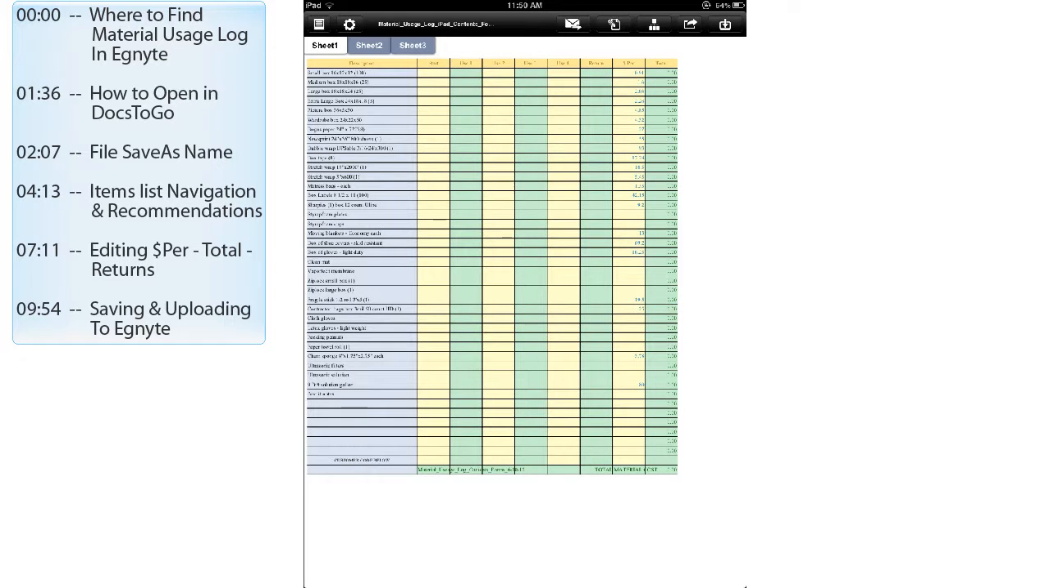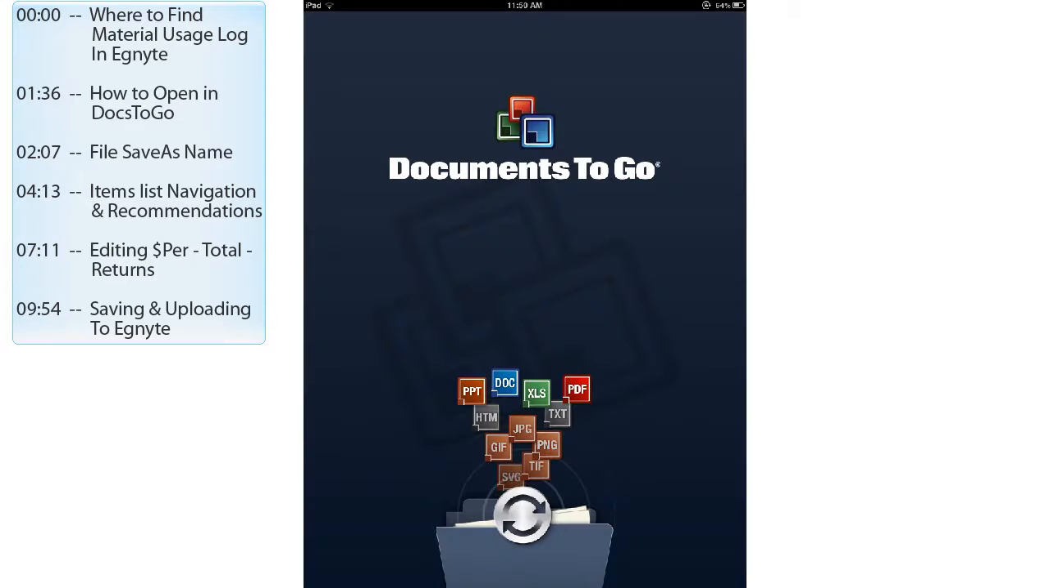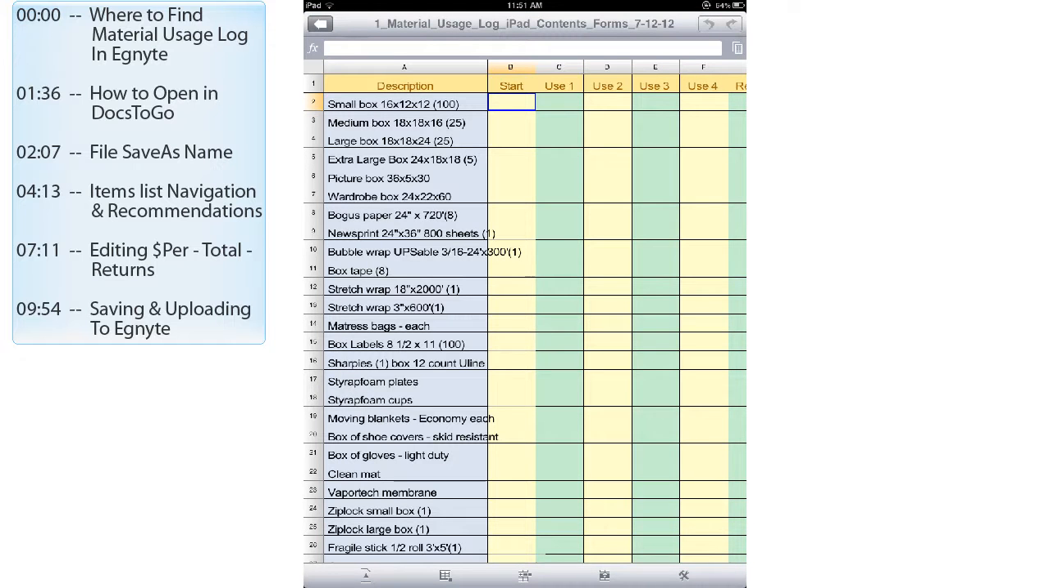Now that the material usage log is open, we'll go ahead and click on the Open In button on the top right hand side of the application. Once that drop down menu appears, click Open In and then select Open in Docs to Go. Once the material usage log has opened in Docs to Go, we're going to need to save the file as